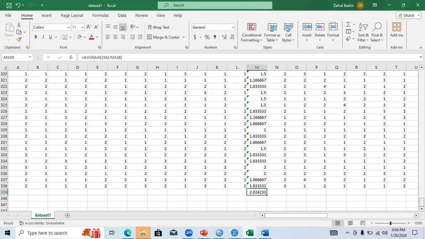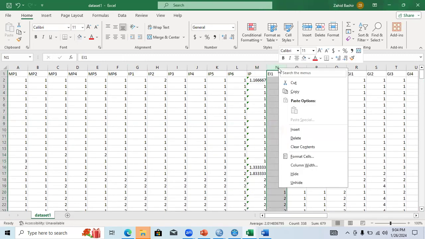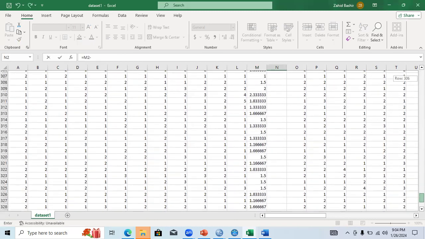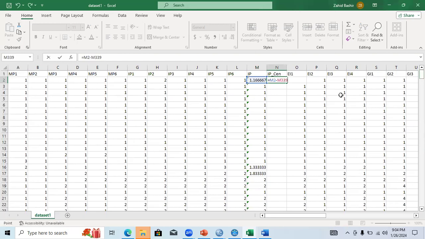Now, what does the mean centering mean? I need to put again another column, IP mean center. So what I need to do is subtract the mean that I have calculated previously from each value.